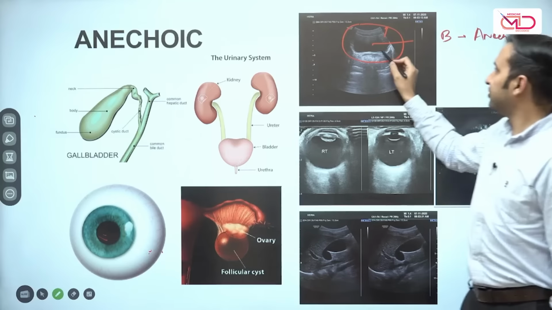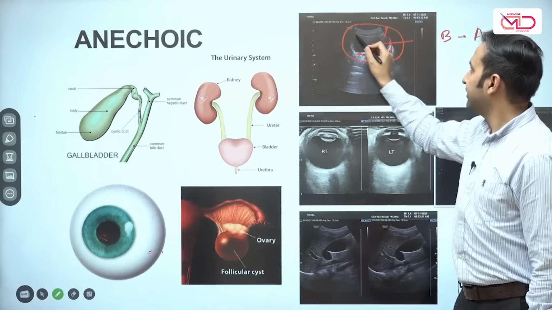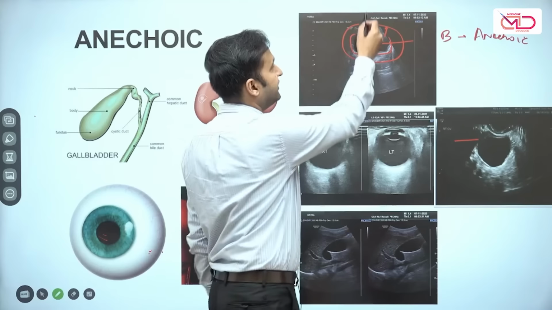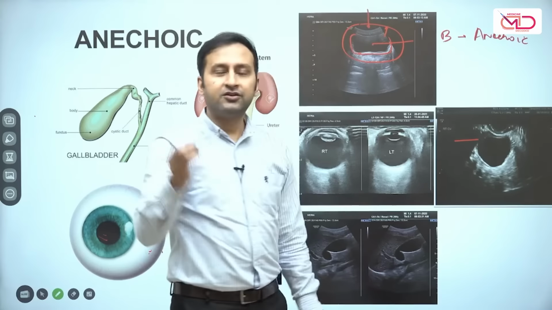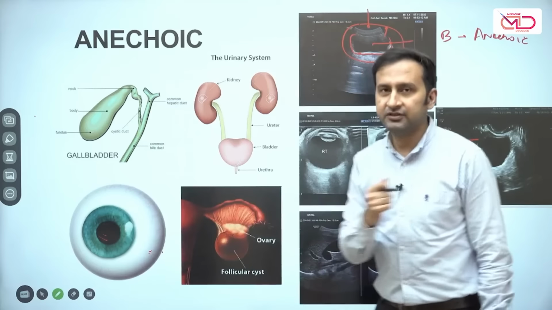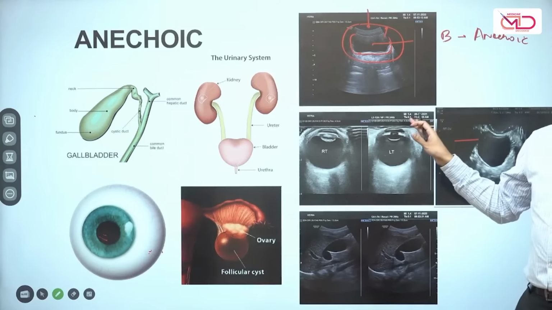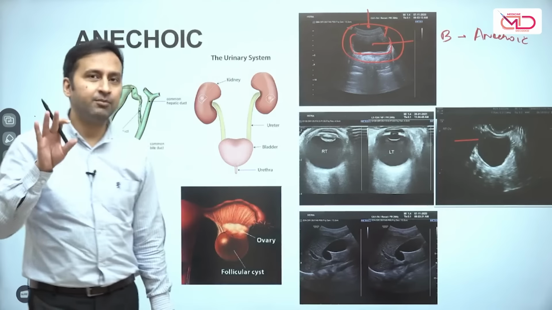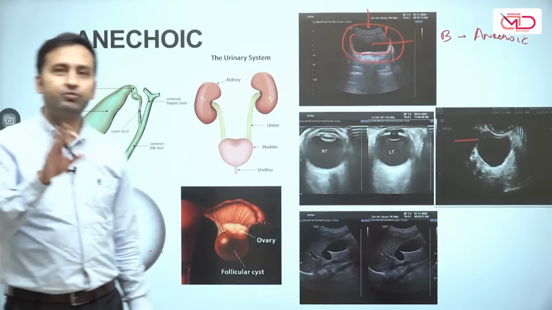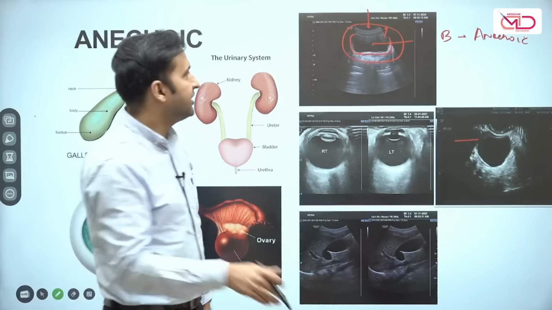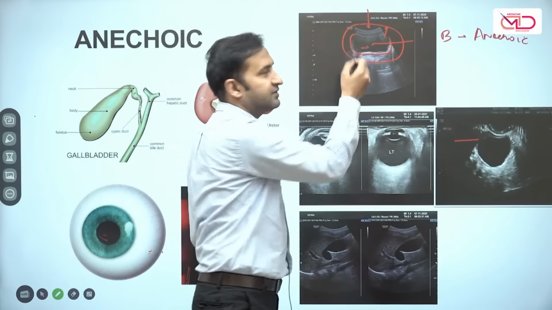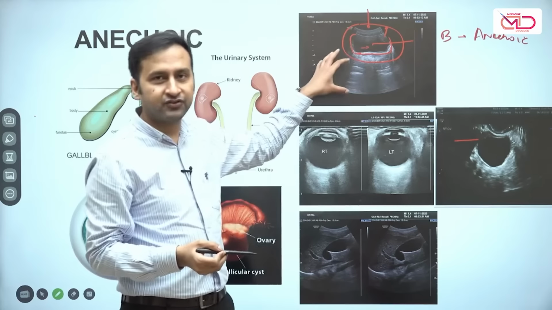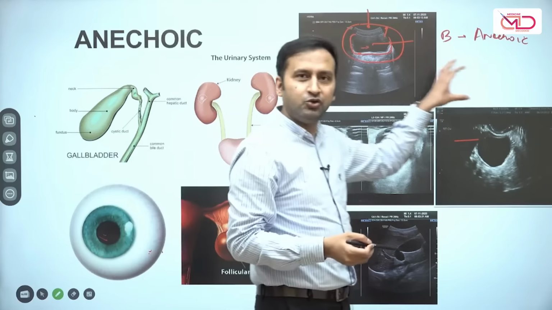We can see that this structure has a ball, this structure has a quadrilateral shape, and this structure is present just beneath the skin because the transducer is present just over the skin surface. If I tell you that while I was imaging this organ, the transducer was placed just above the pubic symphysis or the suprapubic region, you can easily deduce this is a structure which is fluid filled, present in the suprapubic region, has a quadrilateral shape and is a walled off structure. So it is nothing but the urinary bladder.